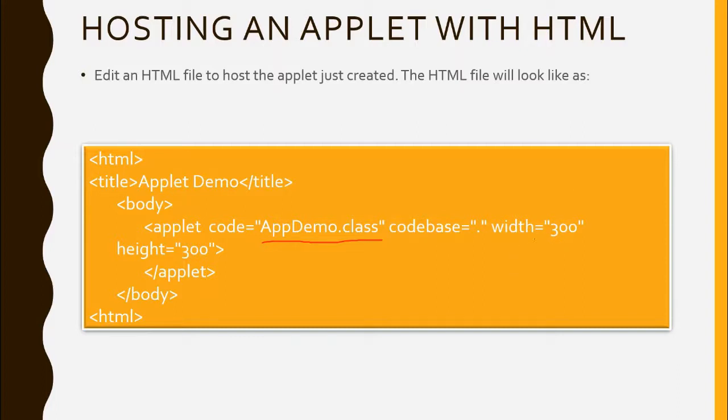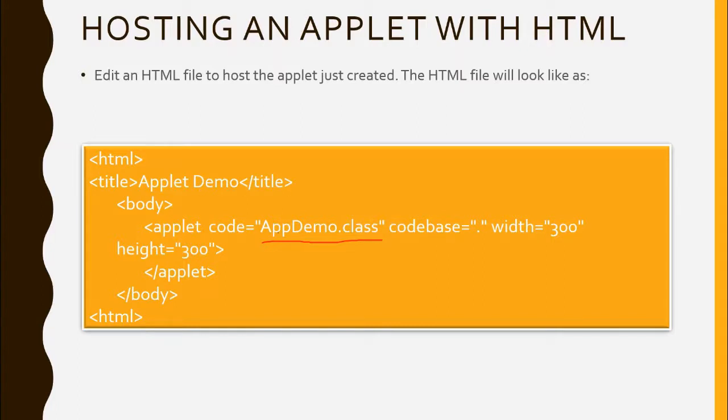So you can try it out using width equal to 300 by 400, or 500 by 500, and see how the drawString works. Okay, so this is how the HTML file is supposed to be written. And once you write this title, applet demo,